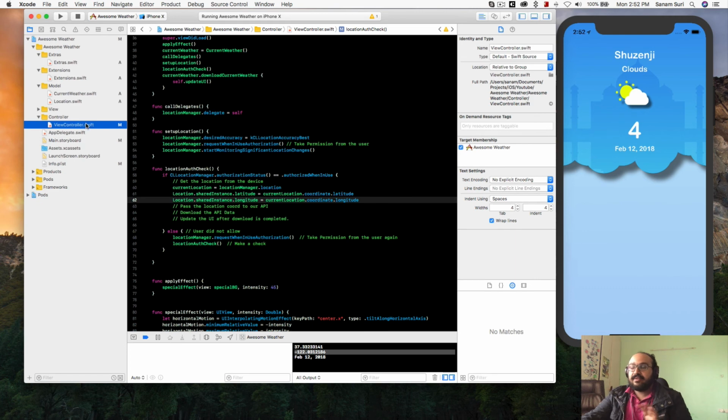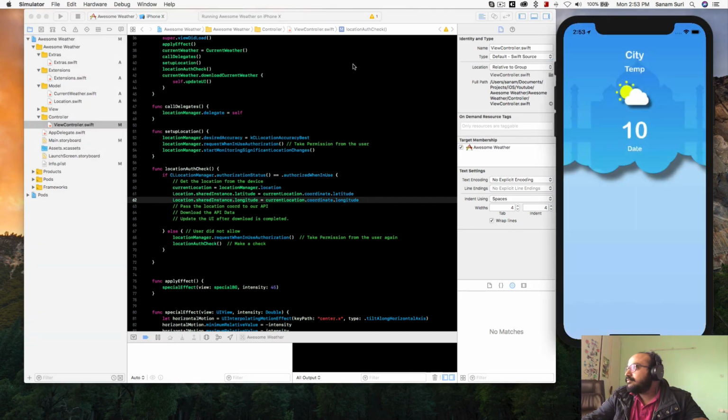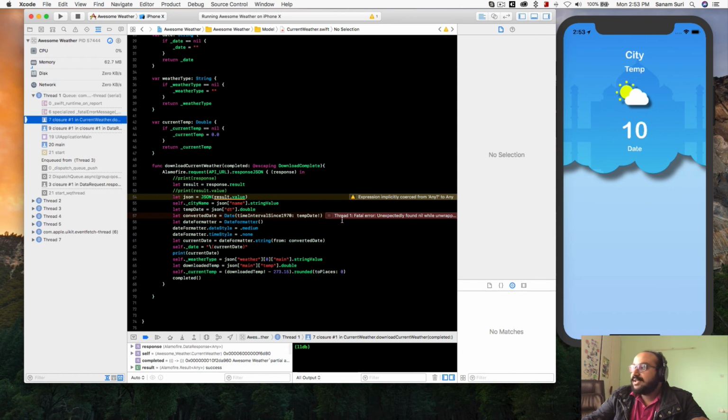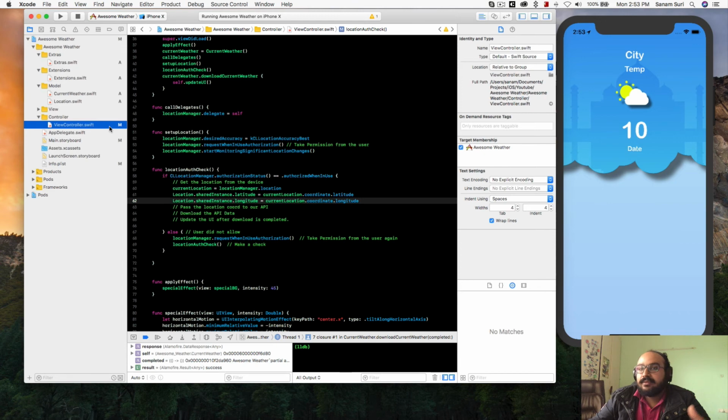before we go ahead and run it. If we try to run it, it's probably going to give us an error. So let me show that as well. So you can see it crashed because the API was still downloading, or probably you can say it didn't even have the latitude and longitude, right? Or it was in the middle of downloading and we are already updating. So things like this will happen. So we need to make a control on this,